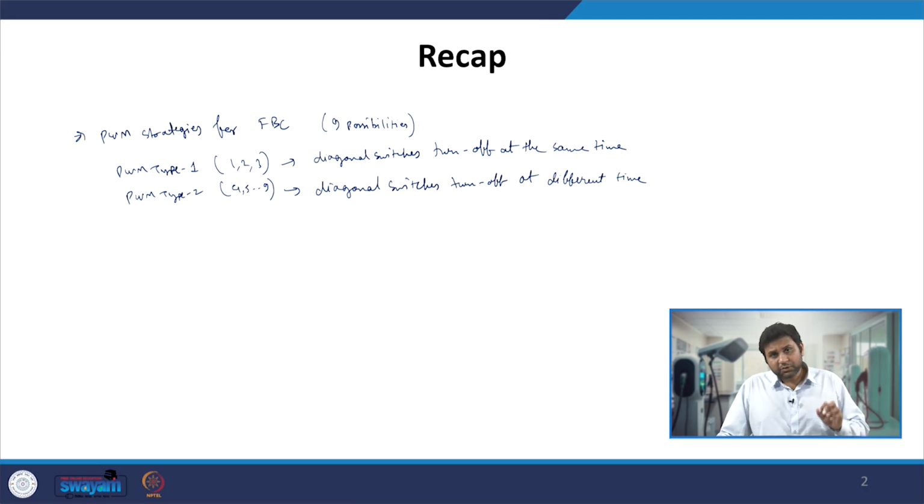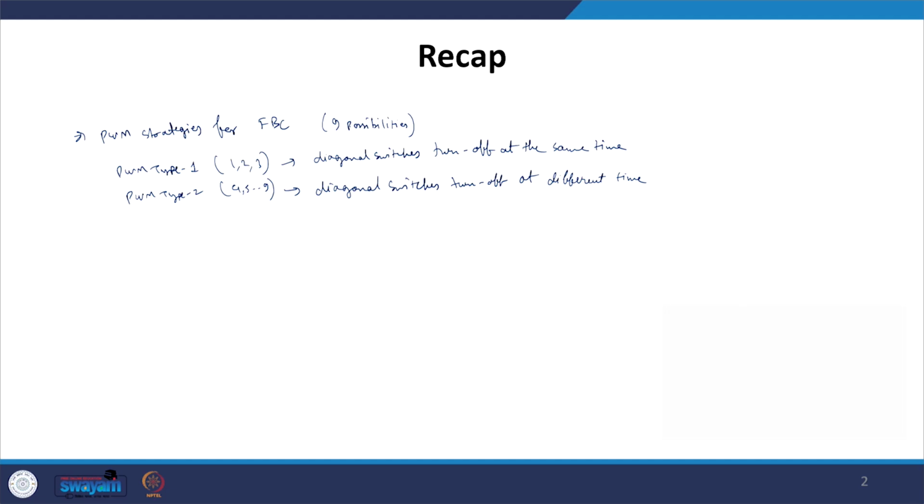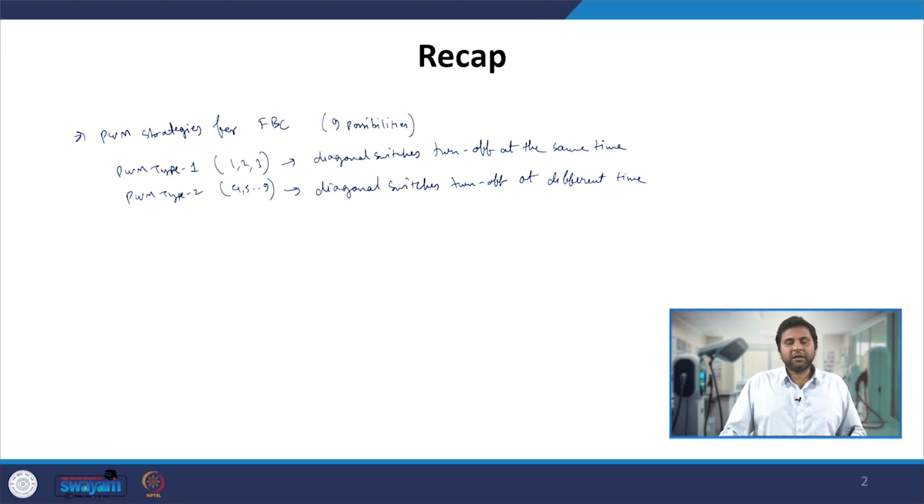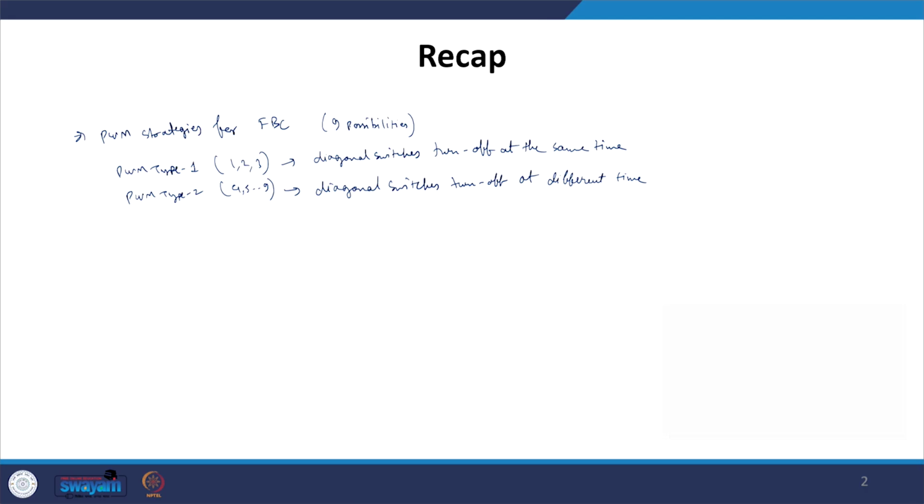But during turn on, only the leading leg will surely achieve zero voltage switching, because the output inductor, which is enormously larger compared to the leakage inductor, comes in series with the leakage inductor at the output of the leading leg half bridge. That is when we can easily ensure that the voltage changes from Vin to 0 or 0 to Vin accordingly, and the body diode of the MOSFET turns on. The moment the body diode turns on, we can ensure that the switch turns on with zero voltage across it.